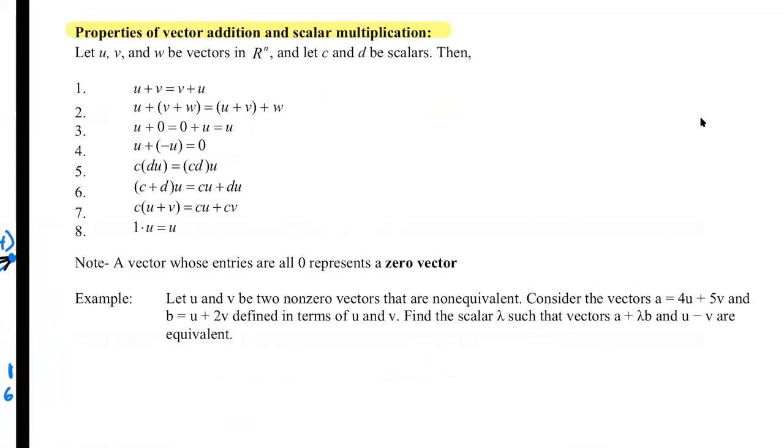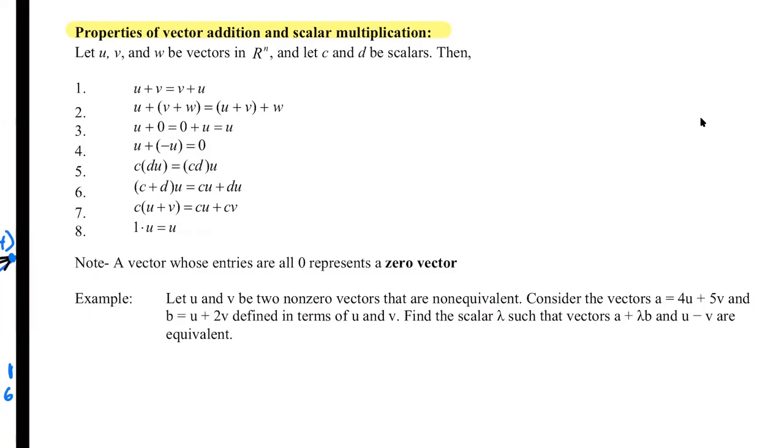Like u plus v equals v plus u, we just kind of beat that one to death. But even if we didn't demonstrate it visually, we would still kind of assume that that would be true. Commutative property tends to transcend simple arithmetic. Same thing with the associative property. We also have the